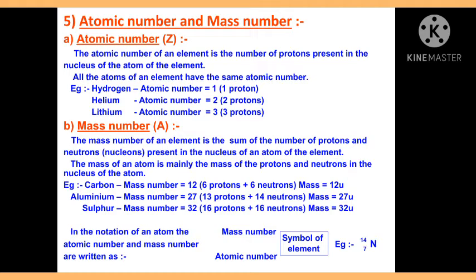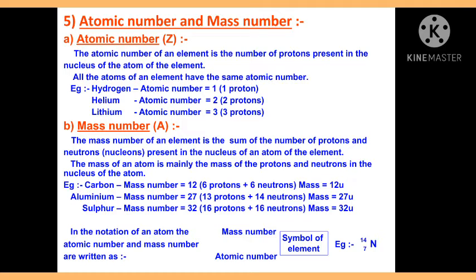What is mass number? After studying the properties of subatomic particles of an atom, we can conclude that the mass of an atom is practically due to protons and neutrons alone. These are present in the nucleus of an atom. Hence, protons and neutrons are also called nucleons. Therefore, the mass of an atom resides in its nucleus.